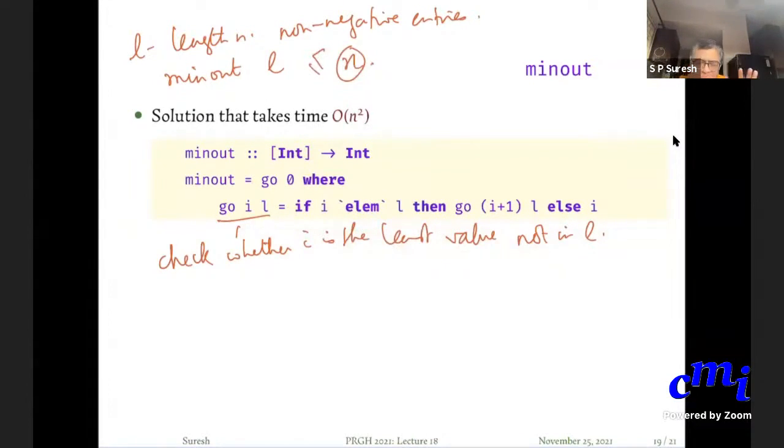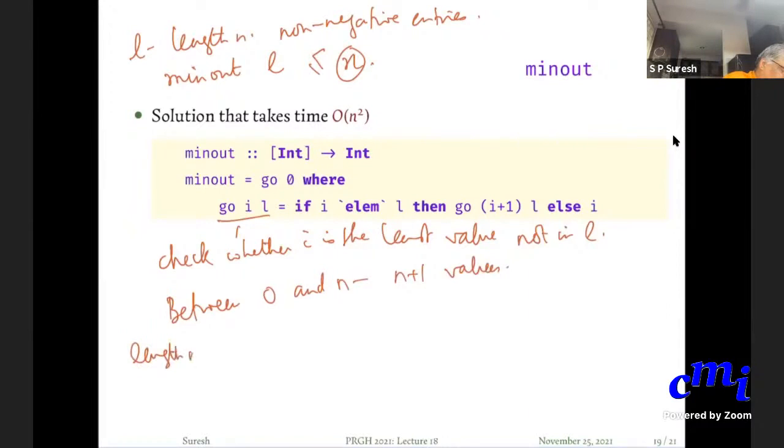So this is the pigeonhole principle. Everybody knows the pigeonhole principle, right? Between 0 and n there are n plus 1 values, and the list has length n. So between 0 and n minus 1, there are n positions.